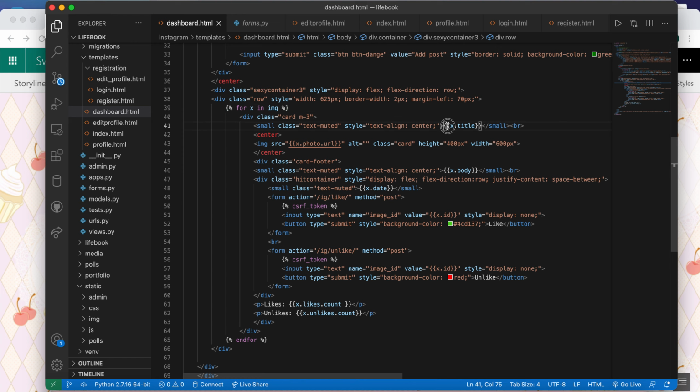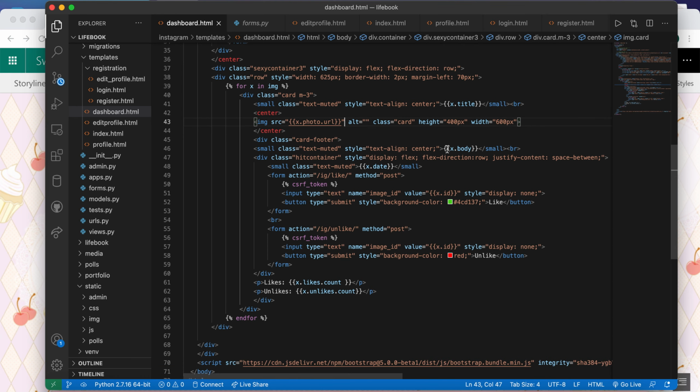So this states that x dot title is the field contained in the img model, right? So that must appear over here. And x dot photo dot url, you might remember that the name was photo, it was a field, and you need to also write the url after you add any photo or video or audio, right?